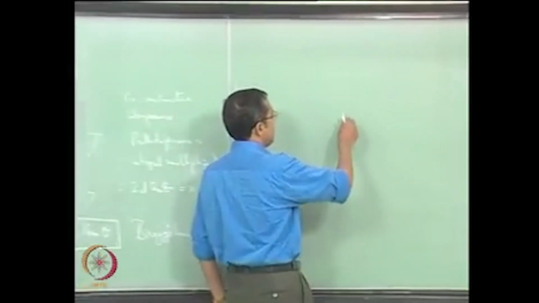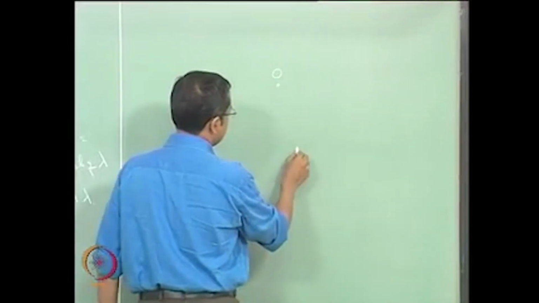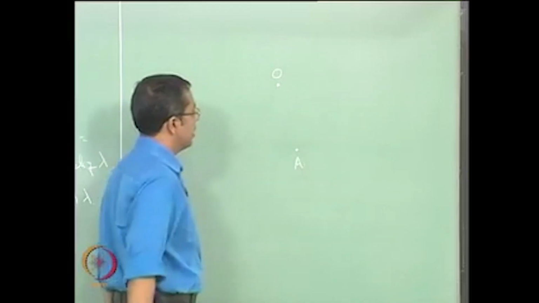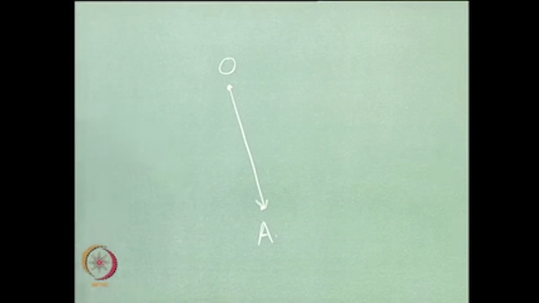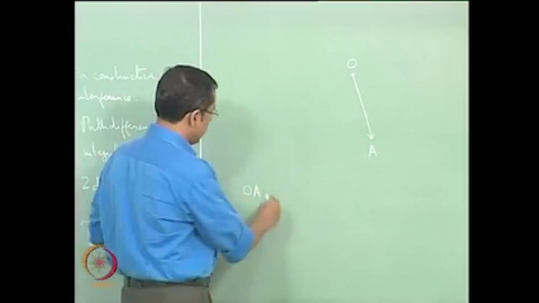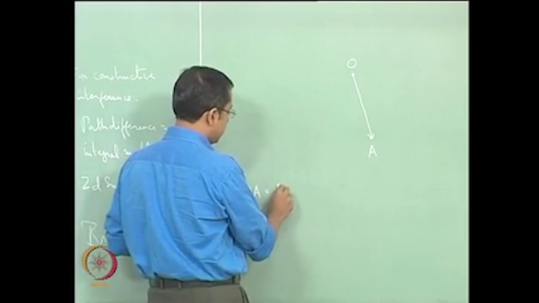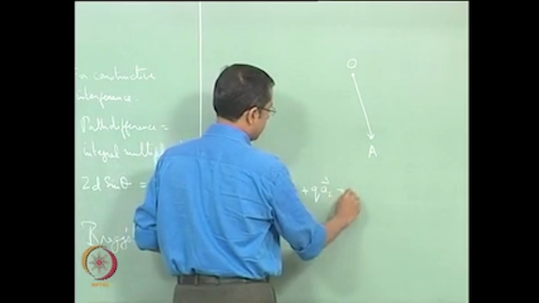So now let us take up an atom at the origin O and some other atom at a location A. So we have two atoms here which belong to this periodic crystalline structure, an atom at O and an atom at A. Therefore this vector OA, since this is a real lattice vector, is going to be described as P times A1 plus Q times A2 plus R times A3,